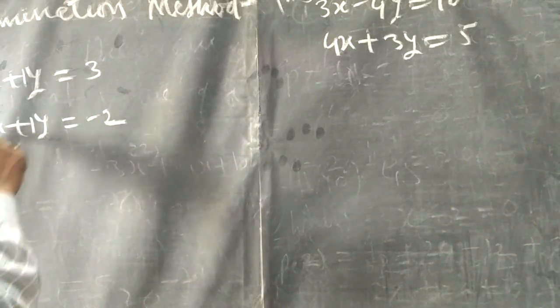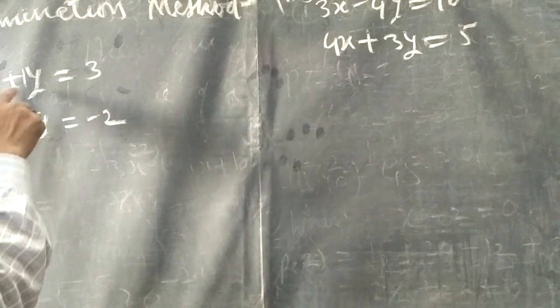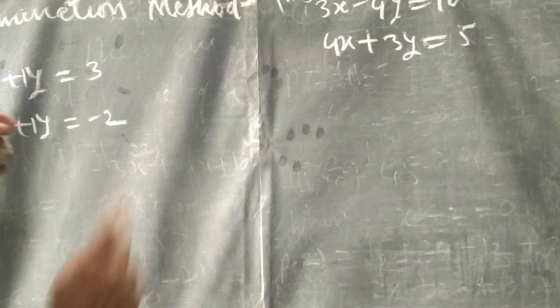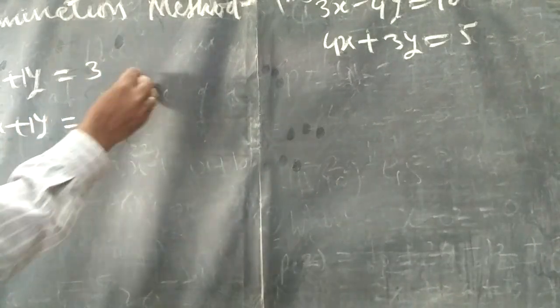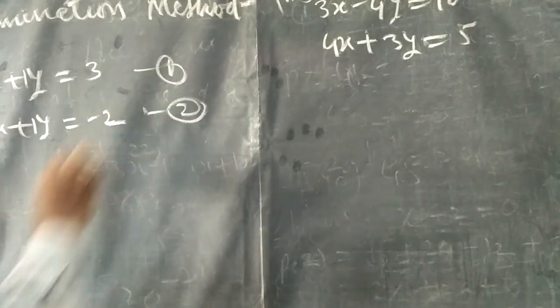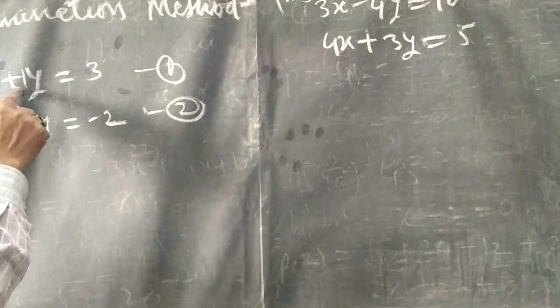Then in this method, check in both equations whether the coefficient of any one of the variables is equal. See, it is 1 and 1. So our problem is already half solved, given easy, right? Look here, I am taking number 1 and number 2. Check whether the coefficient of any variable is equal or not. If equal, yes, then my work is less. Now the next step.